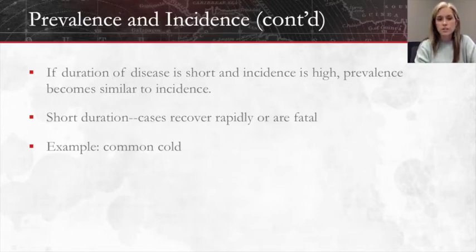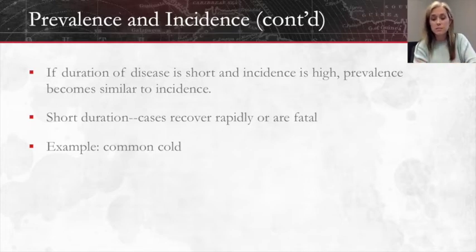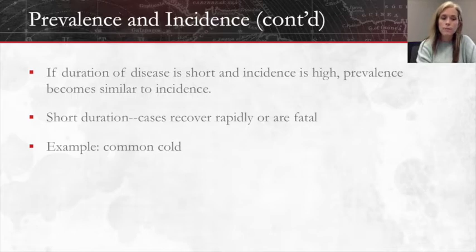So think about the relationship this way. If the duration of disease is very short, meaning people die rapidly or they recover rapidly, and the incidence is very high, then prevalence and incidence start to be the same, meaning the water in the bathtub and the amount of water coming through the faucet tend to be roughly equal. A common example would be the common cold. You've got people recovering frequently, you get people getting the disease frequently. So the duration is small,